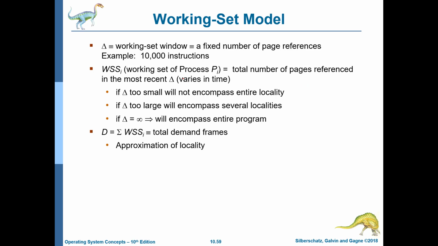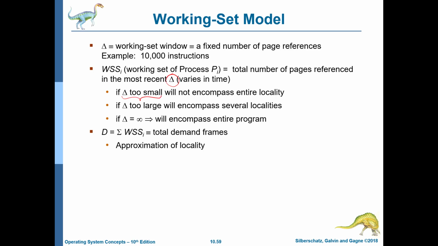So let's now discuss the idea of the working set. A working set is basically a window of a fixed number of page references. Let's assume that it is the number of page references within the last 10,000 instructions. So for process Pi, the working set WS_i is the total number of pages referenced in the most recent delta. Delta is clearly a contentious thing because it has not been defined formally as such. But what delta means is some period of time that captures the steady state behavior of at least that phase of the application. Right? So it's not too small, it's not too large.